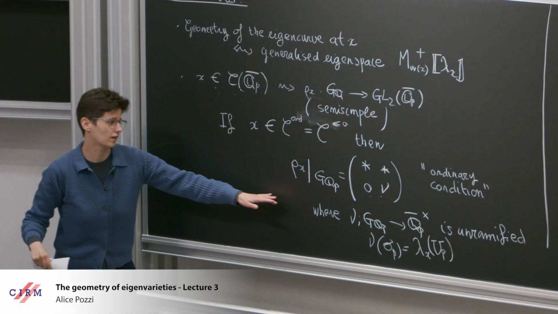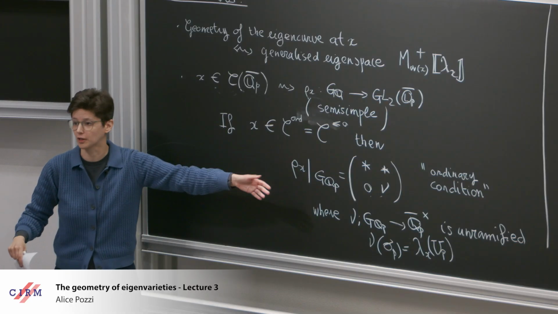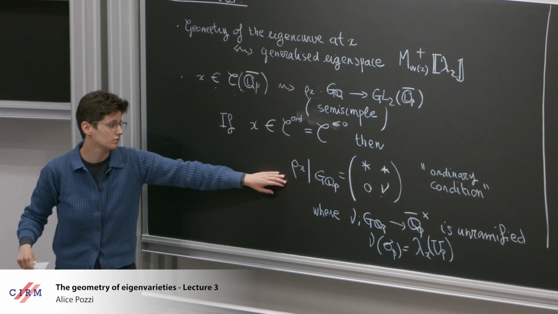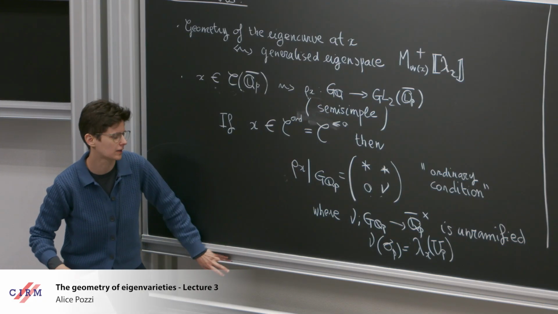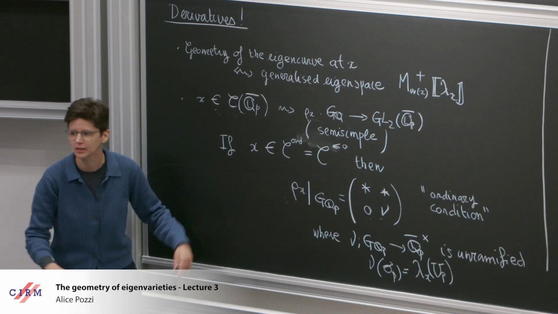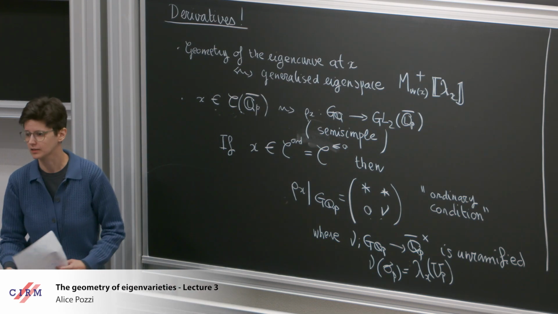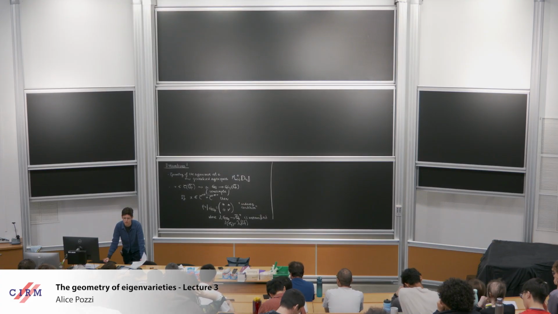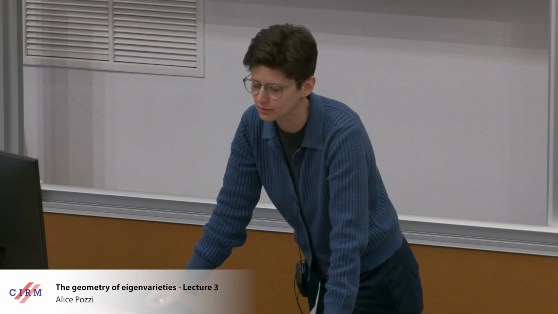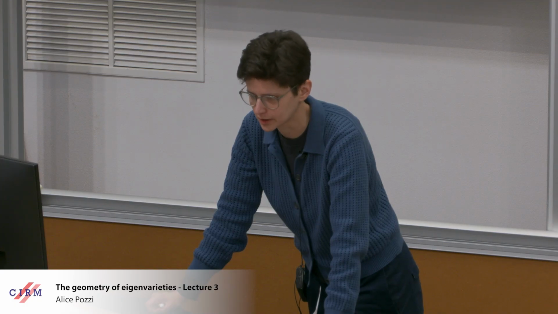This is not so much a consequence of the construction of the eigencurve. This is really the theory developed by Hida. It was developed geometrically for Hida families, but we can use it. Is it easy to compare these two theories, in the sense of slope less than or equal to 0 and Hida's construction of families, or is it by construction? I wouldn't say by construction. The languages of the constructions are pretty different.